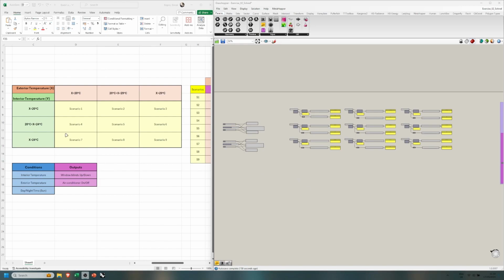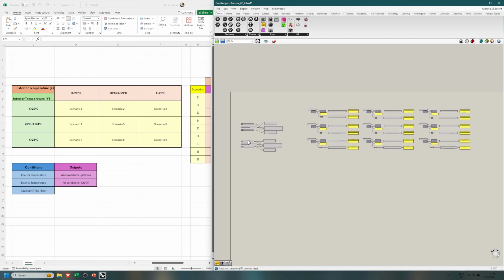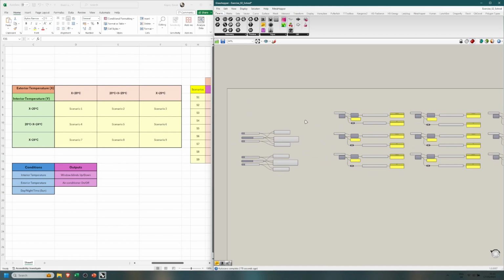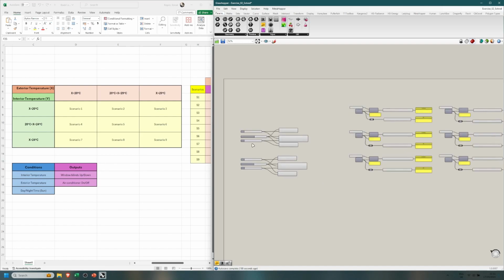So I already showed you in the beginning of the tutorial these tables that I've created in Excel, and I'm just going to explain how I use these Excel tables to come up with my grasshopper conditions. As you remember, in the previous exercise we had a bunch of combined tools. This time we have only this much, and this is actually pretty elegant,